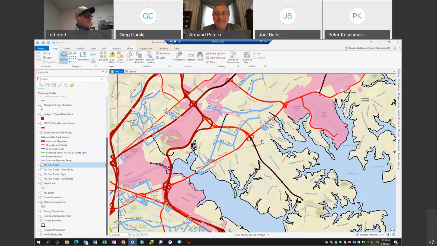Where we got 702 coming off of 150 there. That's a restricted truck route. So what happens is they drop everybody off of there and onto the parallel road, which is Back River Neck Road. That's a mix of commercial and residential. And why they do that, there's probably some kind of memorandum of understanding or something. They had to do that when they built that road, but it really makes zero sense to make trucks do that. 702 can easily handle trucks.